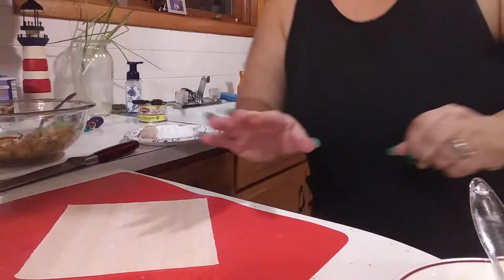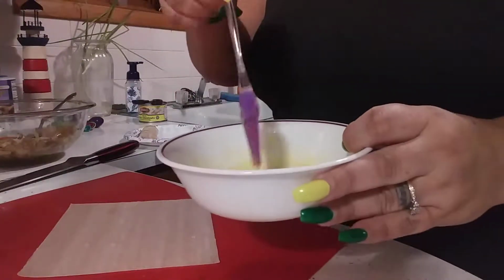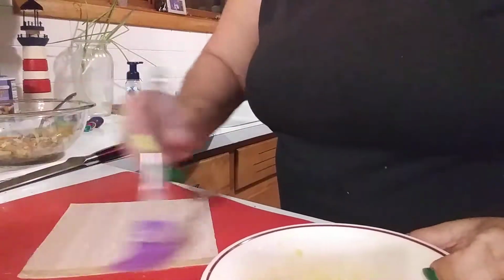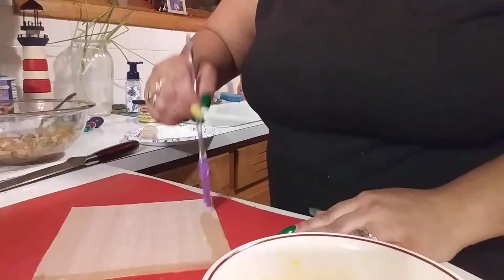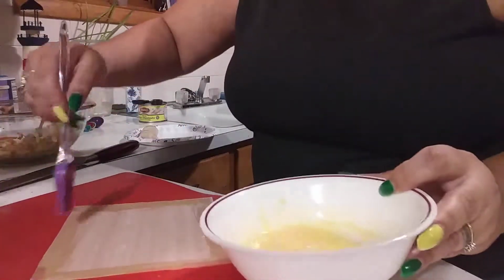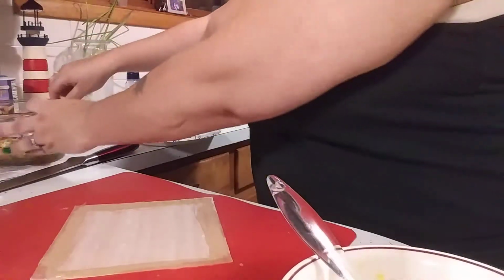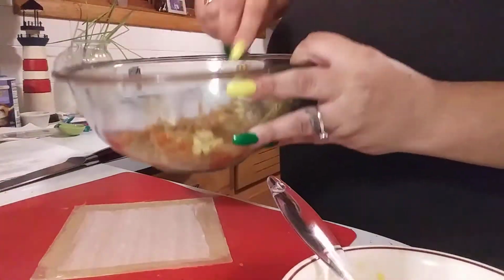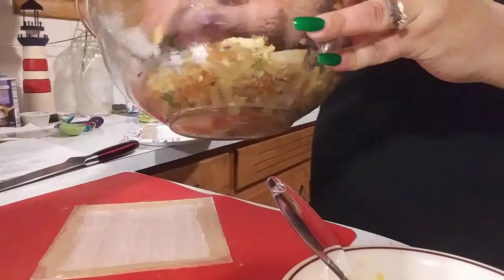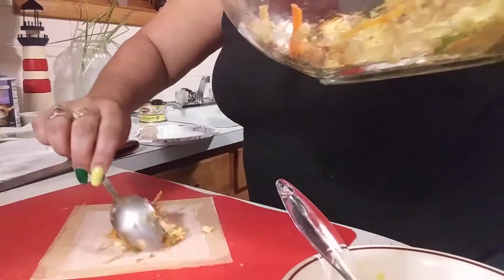And I made an egg wash too, which is just egg yolk and a little bit of water, about a tablespoon of water. And you want to put it all over the ends of your egg roll wrapper. And like I said, I have my mix over here. I did also add about a teaspoon or so of soy sauce. So this is my mix, and I'm going to add that into the egg roll wrapper, and just grab a nice amount and put it